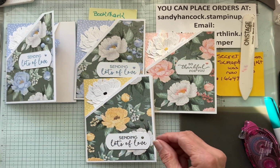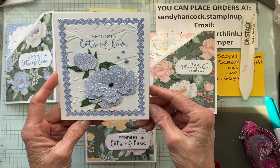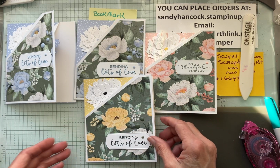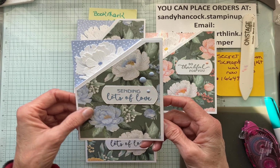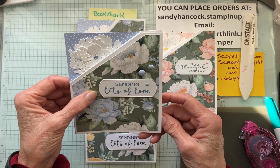And I'm just going to remind you that last week, using that same set of dies, I made this card. Here, so I didn't use the rosebud this time like I did last week. So anyway, I hope you've enjoyed this, and I hope you'll try it. Just remember to get your little template, and then it's really hard to make a mistake. It's easy to do, and it's fun to